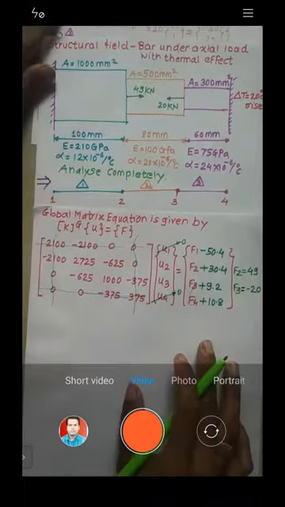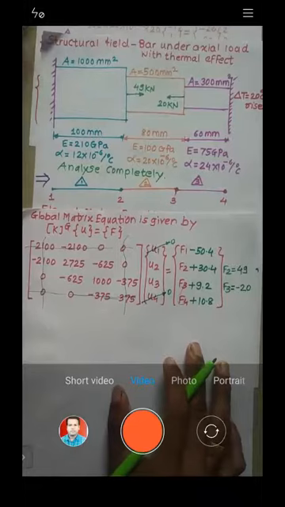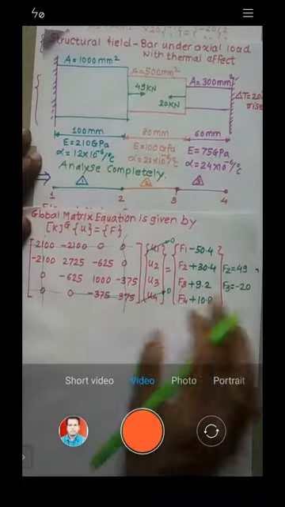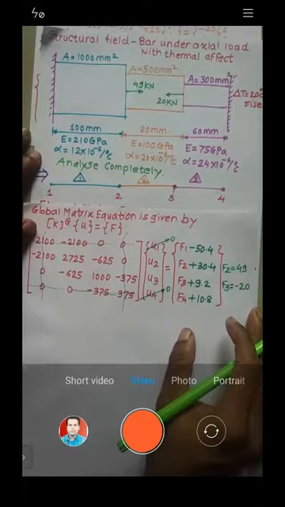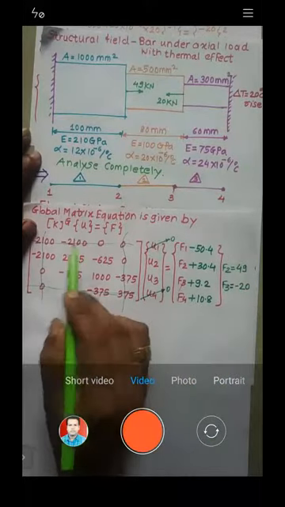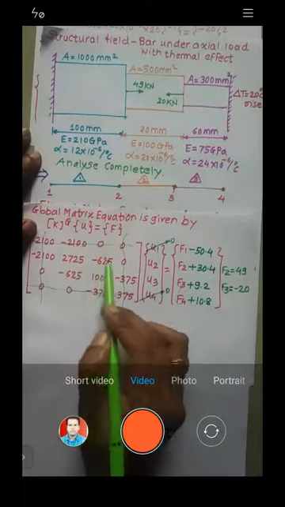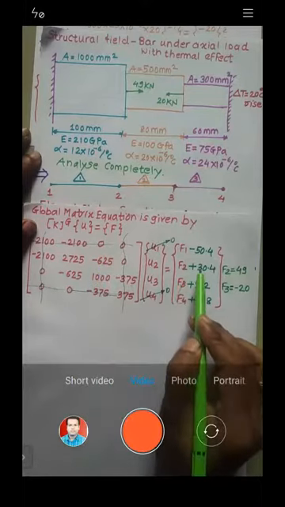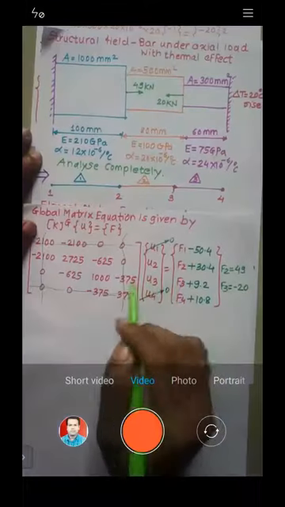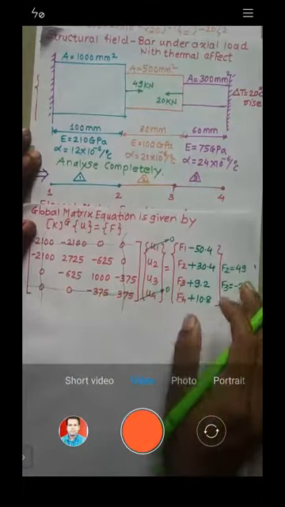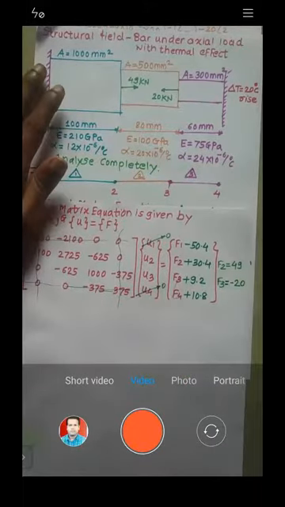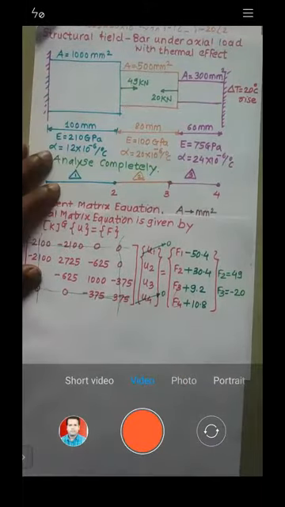Now, can you solve these two simultaneous equations, all of you? This is A1, this is B1, and this plus this is your C1. Similarly, this is A2, this is B2, and this plus this is your C2. All of you just solve it. Otherwise I'll explain how to solve it.